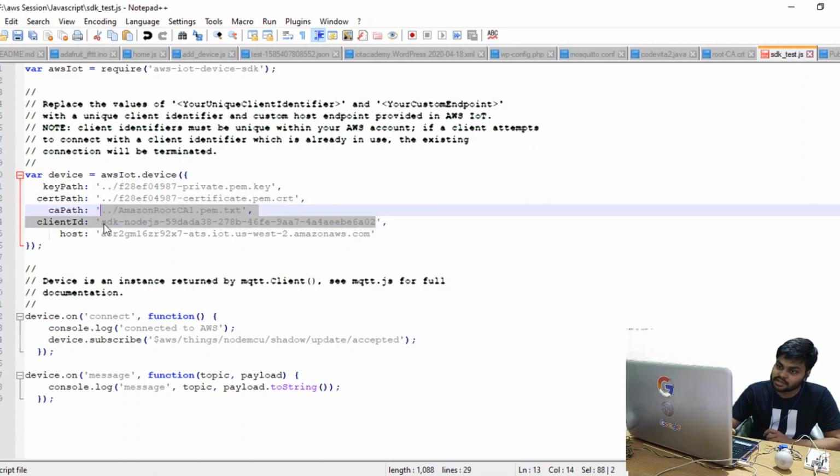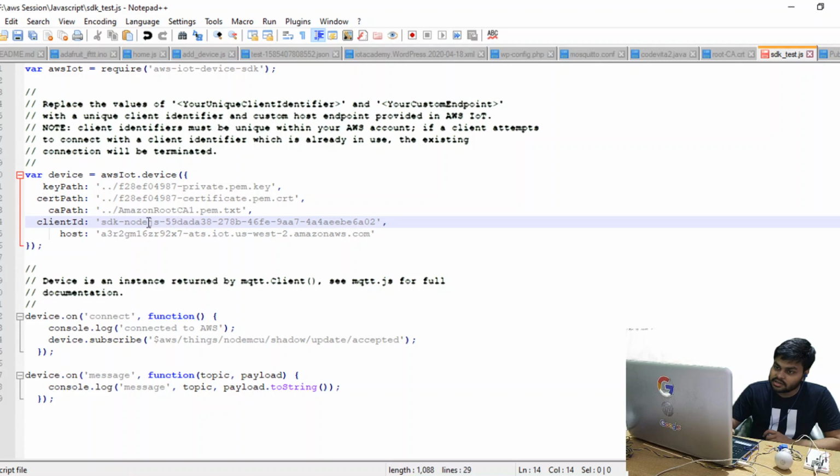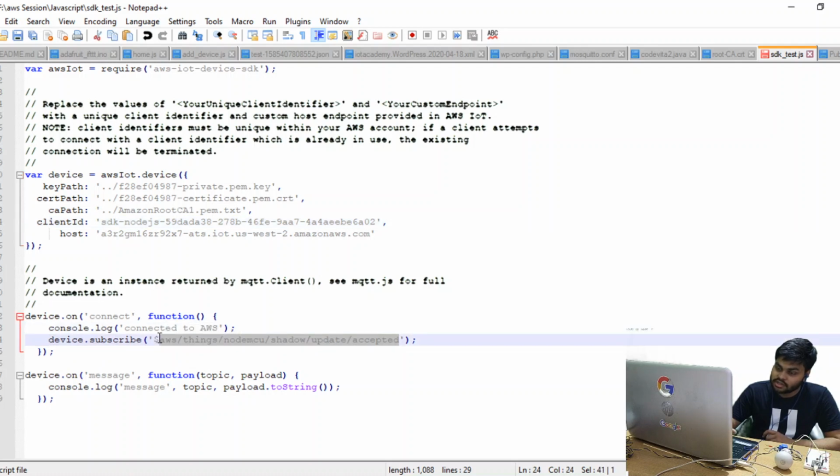Let's name it anything, SDK minus Node.js minus this one, we can put this, or let's leave this, and host is the same. And as the device connects, we will console log connected to AWS, and we will subscribe to this topic. This is the basic IoT MQTT thing, that you need to subscribe to a topic first so that you can receive messages on that topic.